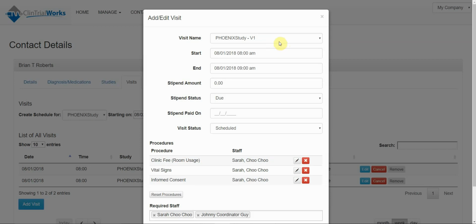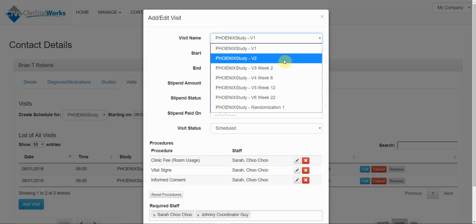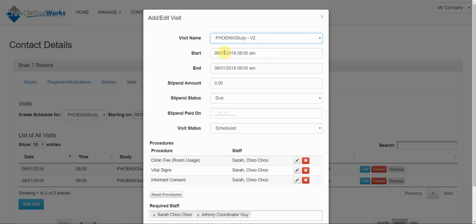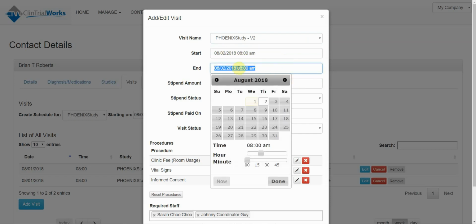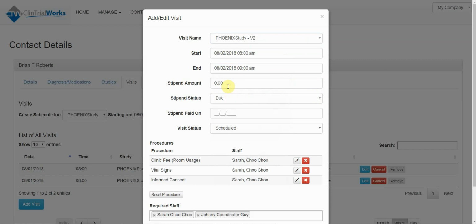Add visit. We want to add, let's do visit 2 because it looks like that visit was skipped. Visit 2, we put in a date and a time here. So then you have an option of keeping track of your patient stipends if you're paying out patient stipends. And we're going to say due, and whether or not you would come back in here, you can actually select when that stipend would be paid on or has been paid. Once again, it's a report. I'm not sure if I mentioned that earlier, but it is a report that you can run on your